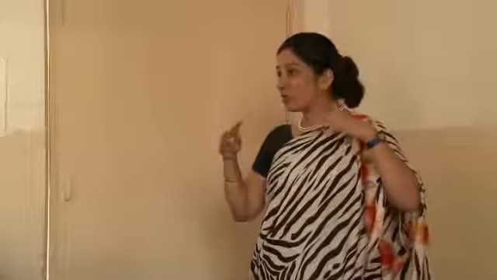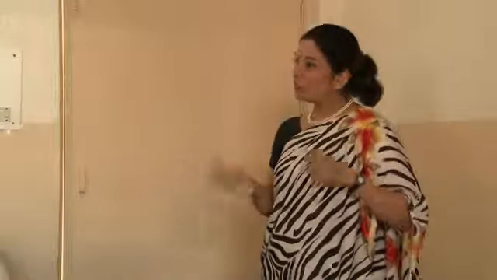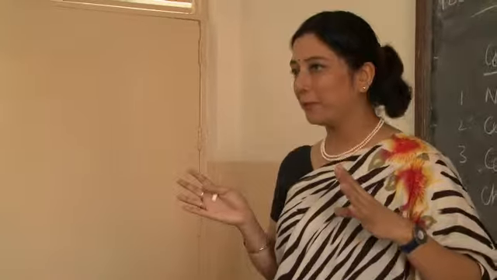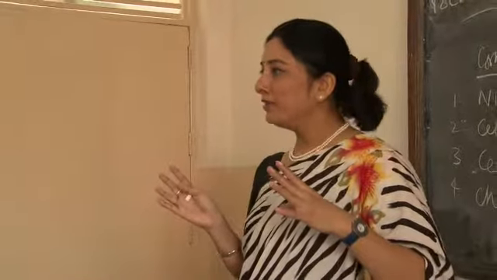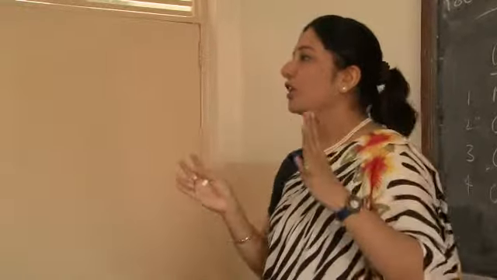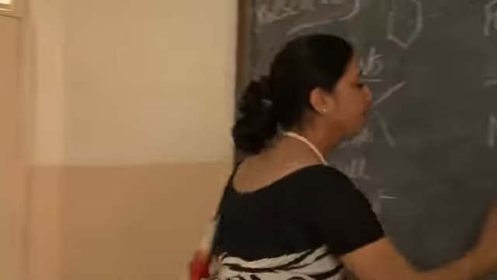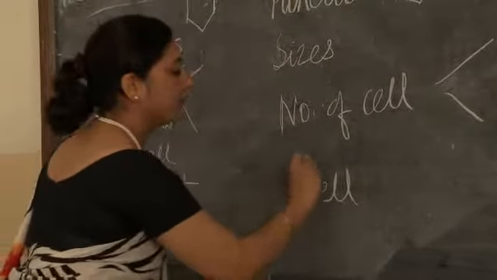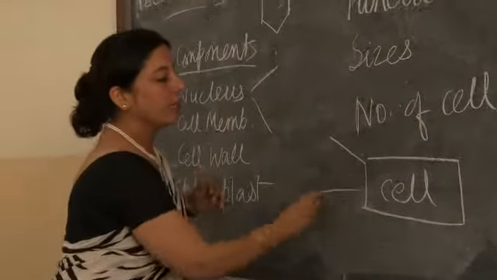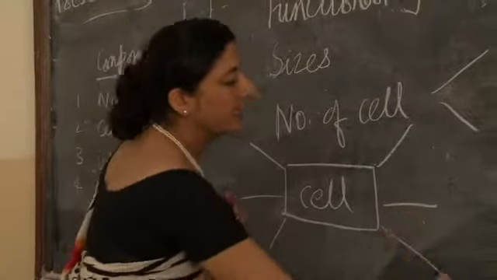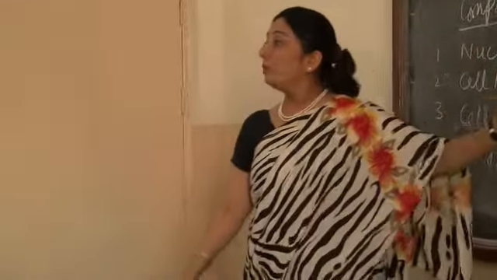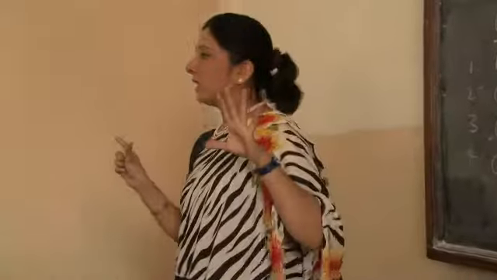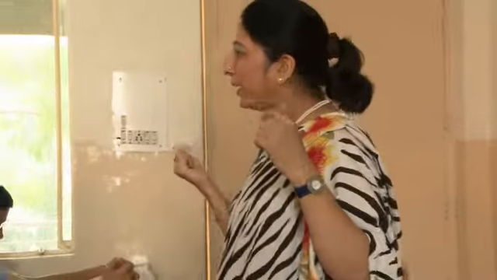Now, this was just a small piece of information which I just wanted to give you so as to trigger your imagination. We are going to do an activity, and based on that activity, we are going to make a mind map. Mind map basically means that we have to create a flow chart kind of a thing. For example, if we take cell as a center, what are the various aspects which we can divide cell into? Okay, so you will be making a pictorial representation on a piece of paper which is called mind mapping.